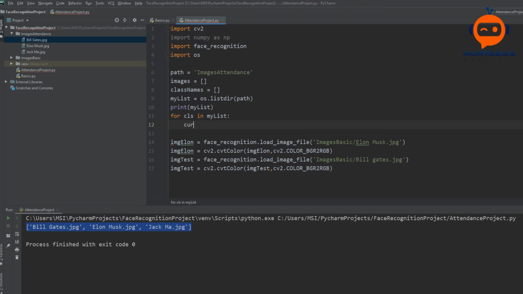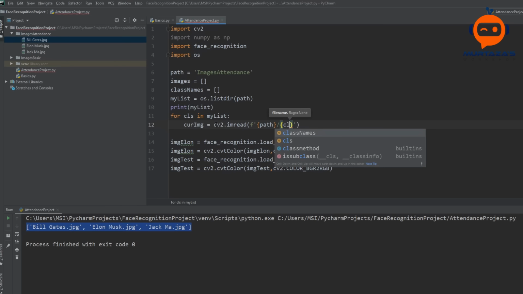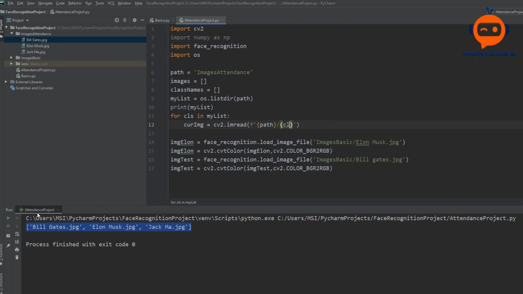So we can write our current image is equal to cv2.imread, and then we will read our current image, which is basically our path, and then slash, and then cl. cl is the name of our image. So for example, the first one will be billgates.jpg.